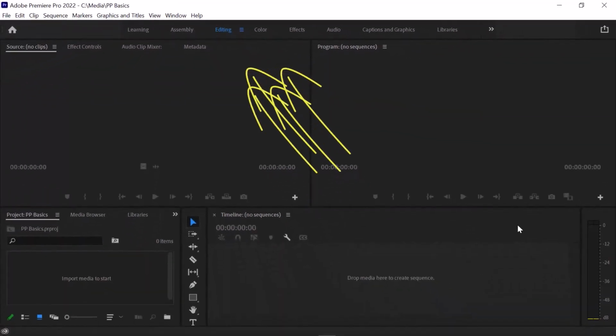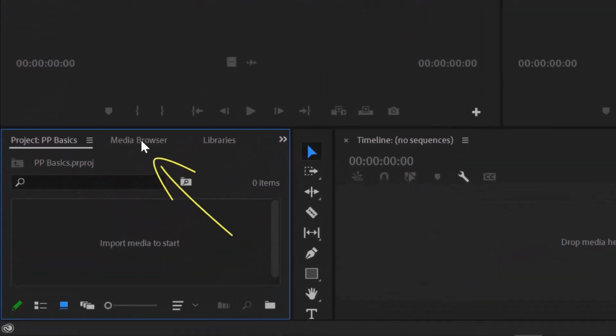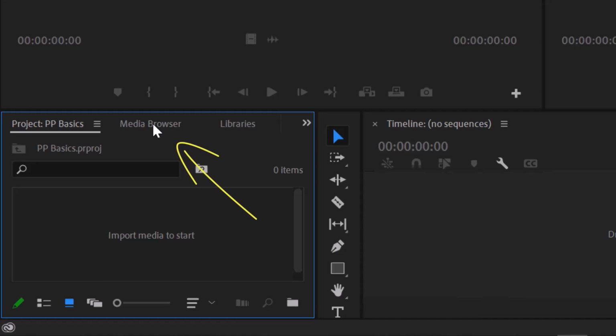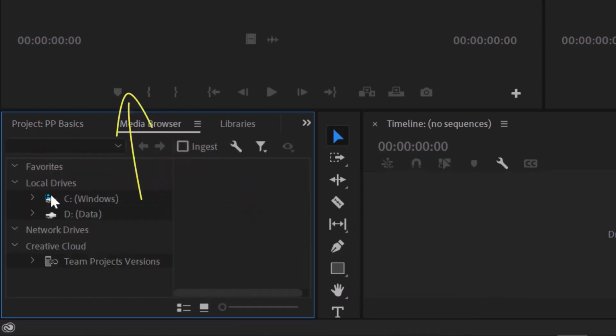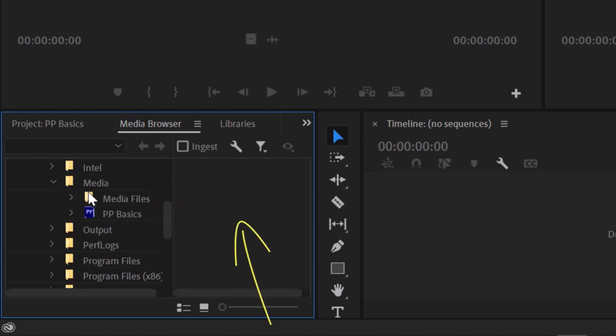You will see 4 main panels where you can edit your new project. To get started, I need to import media into my new project. And if I click the Media Browser tab in the Project panel, I can locate my media for this project. I know they are inside my Media Files folder, so I will navigate to that folder, and once I am there,